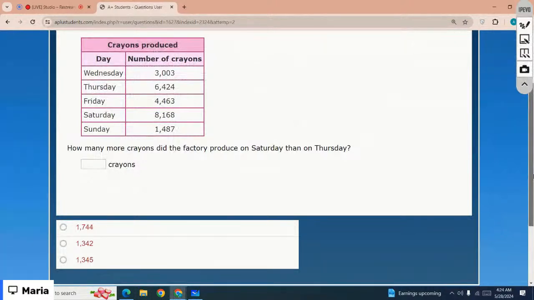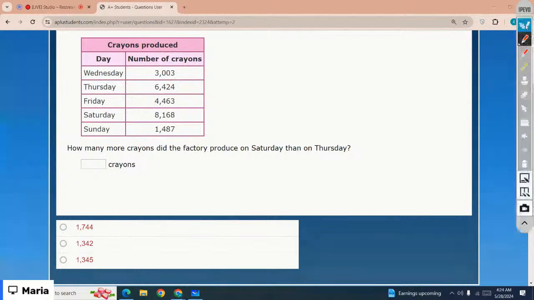How much more did the factory produce on Saturday than on Thursday? So on Saturday the factory sold 8,168 and on Thursday the factory sold 6,428. So just subtract 8,168 minus